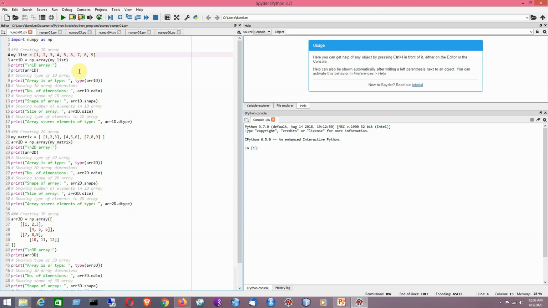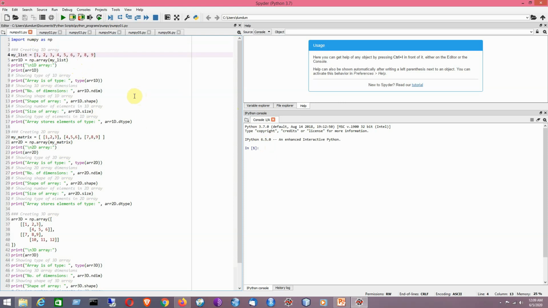Now for ease of demonstration, I will be taking one line of code statement from these programs and it will be run on the IPython console, that is equivalent to the Jupyter notebook. So in that sense, it will become easier for you to understand the flow of the program.